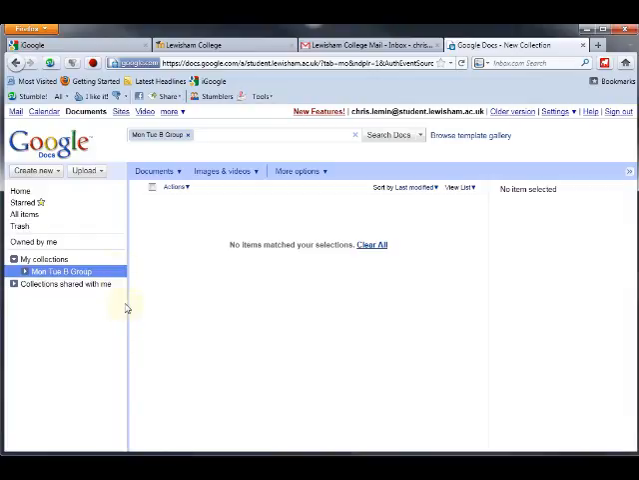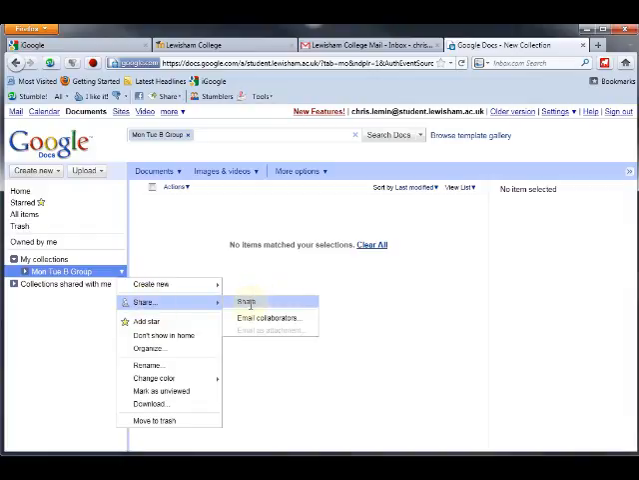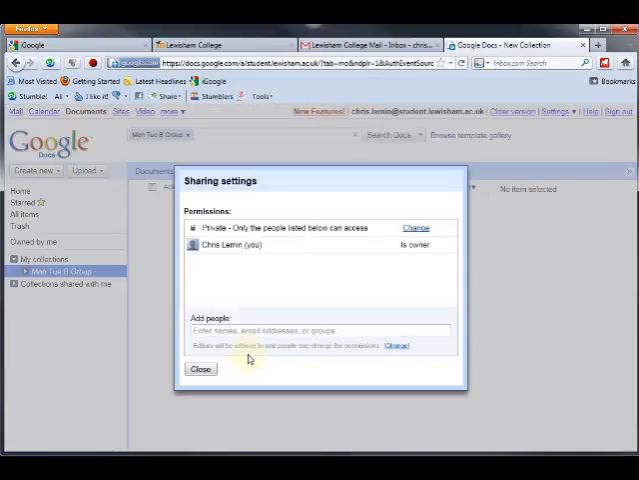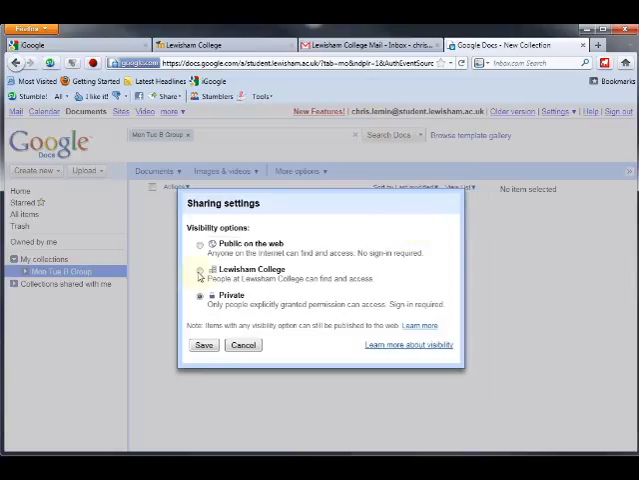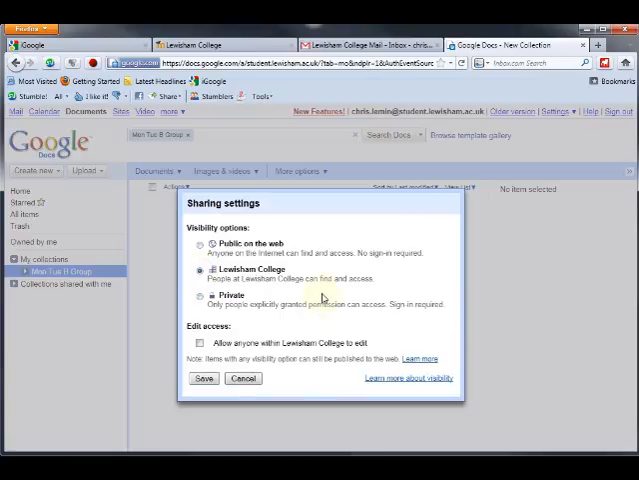So first of all, I click on the little downward arrow, click on share. Now at the moment it's private, only me can see it because I'm the owner. I'm going to change it so that people at Lewisham College can see it. Yep. So I'm going to click save,